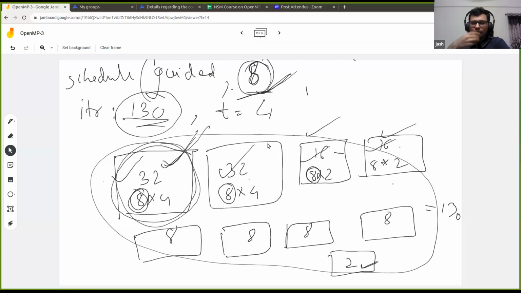So again, we need to see why that is happening. We just can't comment that it is not scheduling in a proper manner. It might happen that all threads were idle, or it might happen that thread 3 was assigned a lot of work because it was the only thread available. We need to see the scenario. So we just can't comment based on that. And it's not static, it's still dynamic based on the availability of threads.